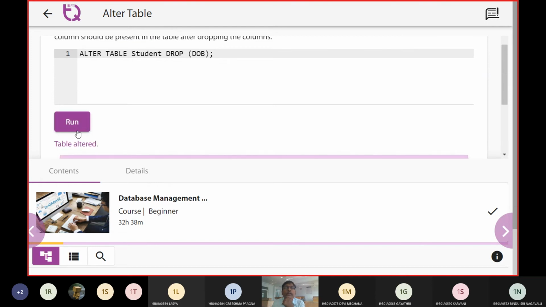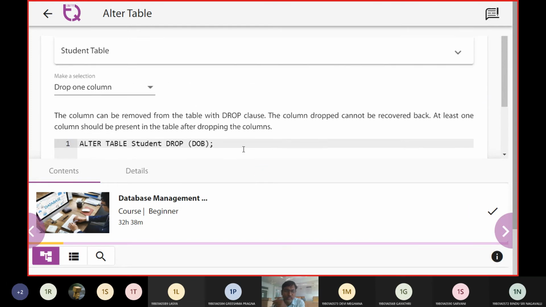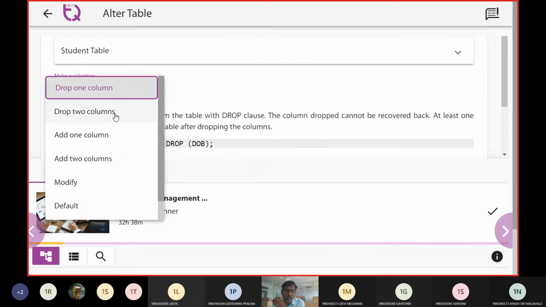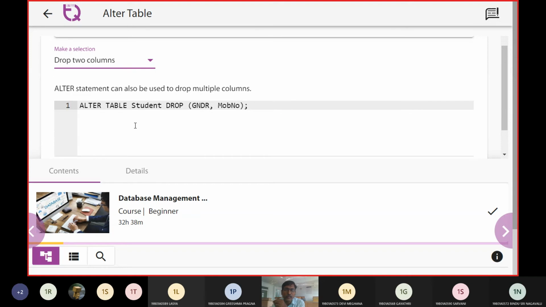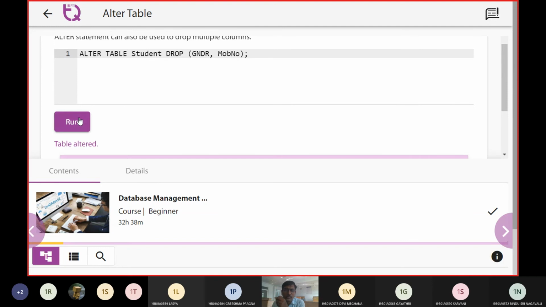So now we have dropped the date of birth, and if I try to drop it again, an error is going to occur. And similarly, drop two columns. We will run this and see whether the gender and name are also going to be there. So again, you can see we are now dropping the gender and mobile number, and the table was altered.